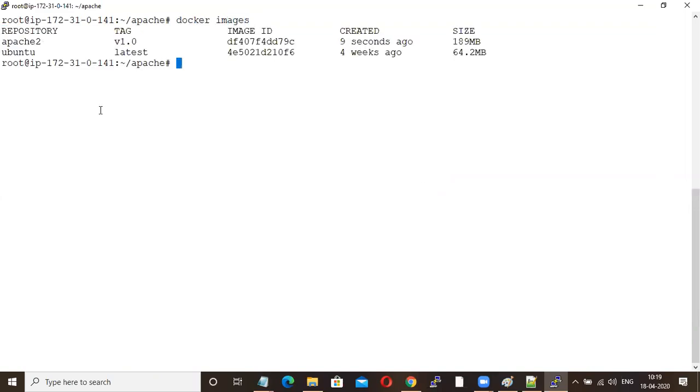Okay, now if you give docker images, your image will be ready.